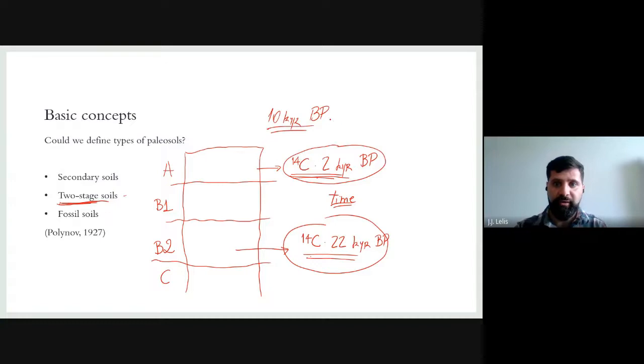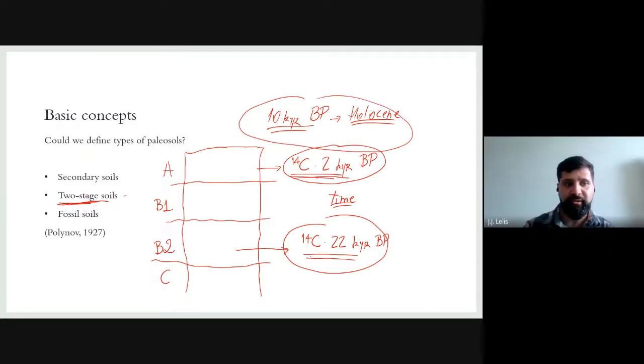So all of them are described in Holocene time. So all of them have the same age. Ten and 2,000 years are different, but we have the same age here. So we just have two-stage soils